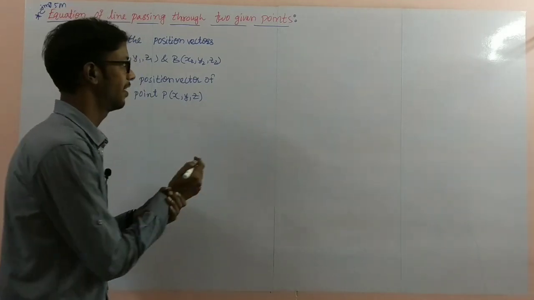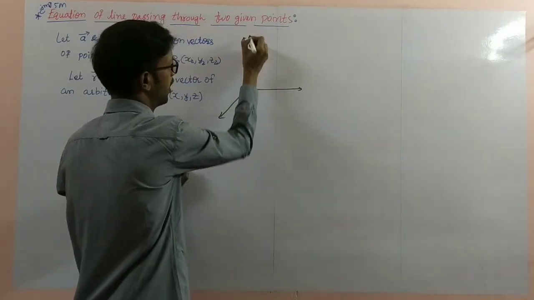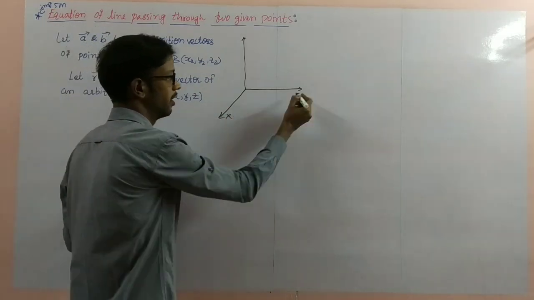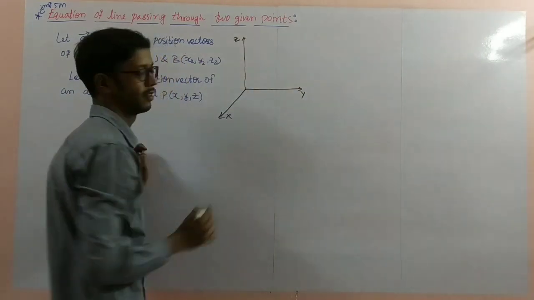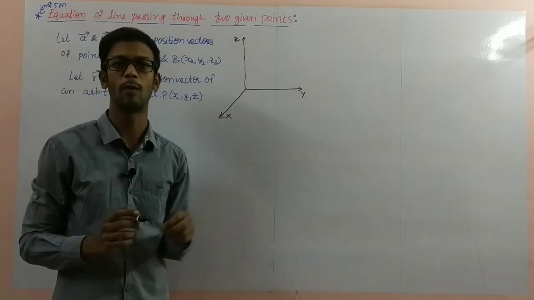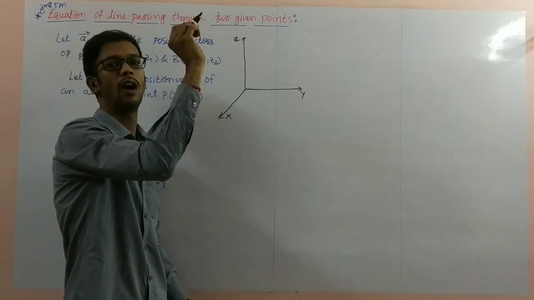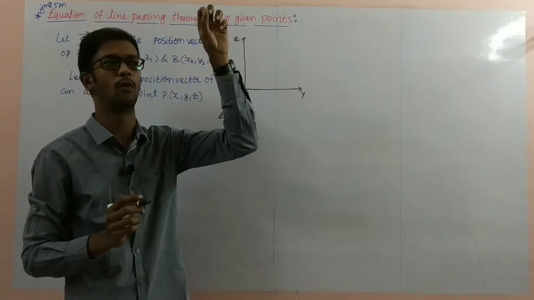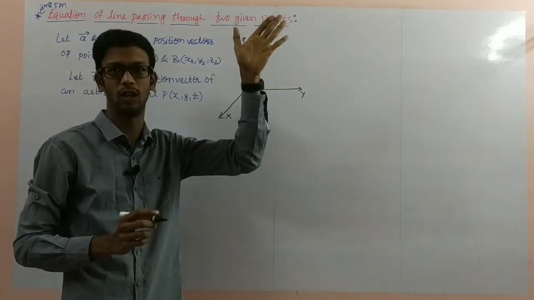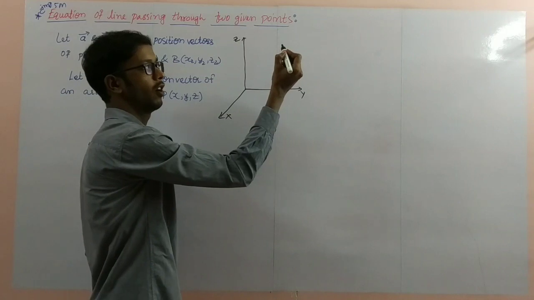First of all, I'll draw the diagram here. In space, if you are drawing this three rectangular system, x-axis, y-axis and z-axis, this is a three-dimensional space. Two points in space means, as in the previous problem also, we can't actually draw a point here, so for that purpose we will just mark them here. You have to imagine that the points are not on the board, they are in space. So here one point, here one point.